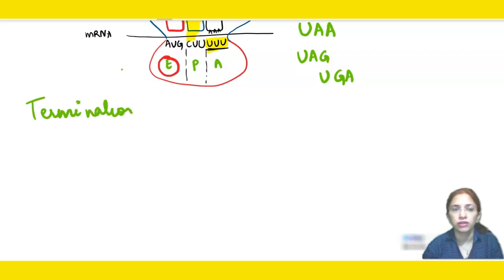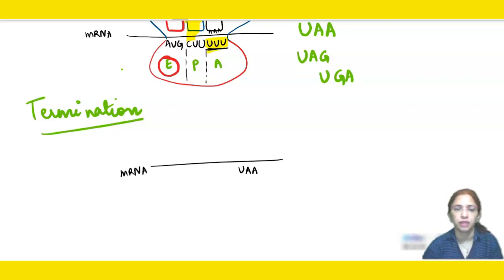Termination means the halt in the translation process has to happen, because suppose all the codons in the messenger RNA are being read and now UAA has come. UAA codon doesn't code for any amino acid. So that means transfer RNA will not come to bring an amino acid, because there is no amino acid for UAA, UAG or UGA. And as a result, certain release factors will come.